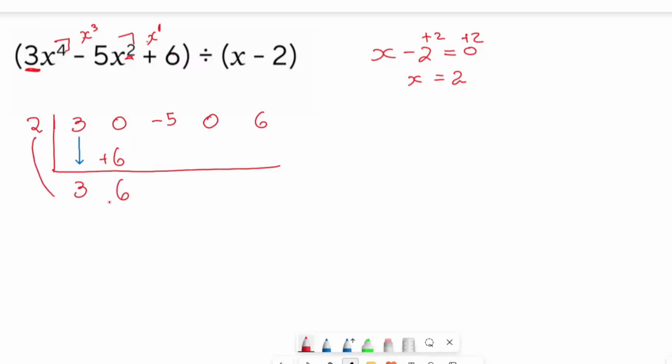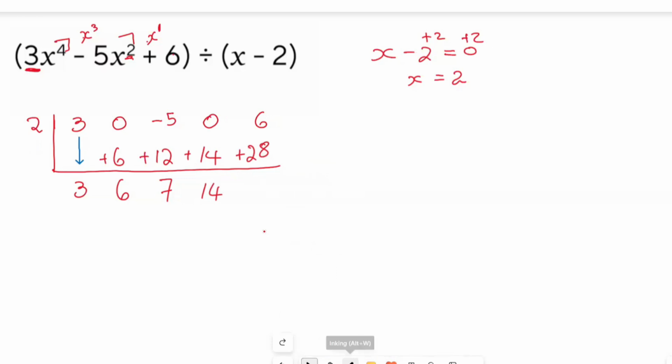Then we're going to multiply 2 times 6, and 2 times 6 will give us 12. Then we're going to add the 12 and the -5, and that's going to give us positive 7. Then it's 2 times 7, which gives us 14. If we add 14 to 0, we get 14. And lastly, 2 times 14 gives us 28. And if we add 28 and 6, we're going to get